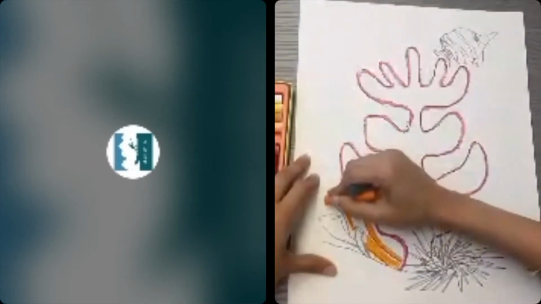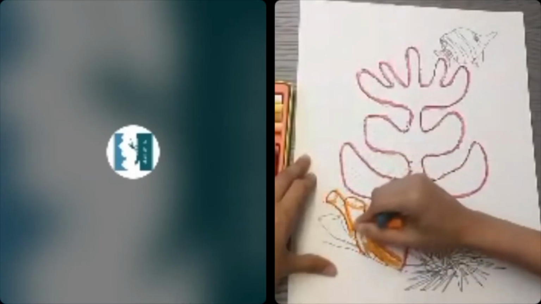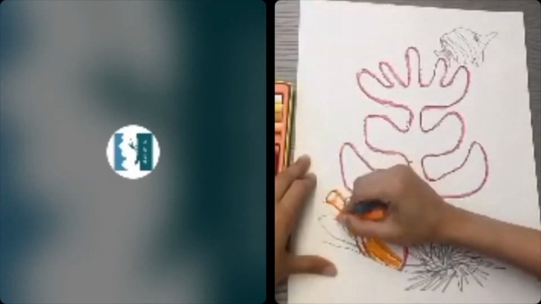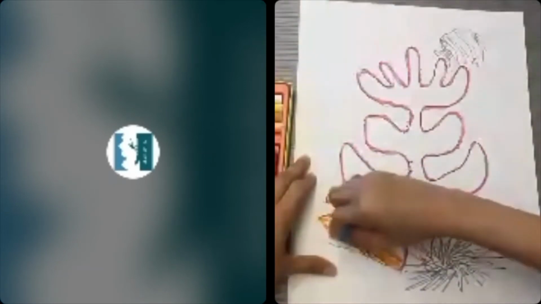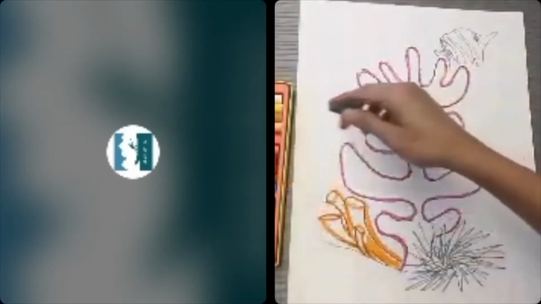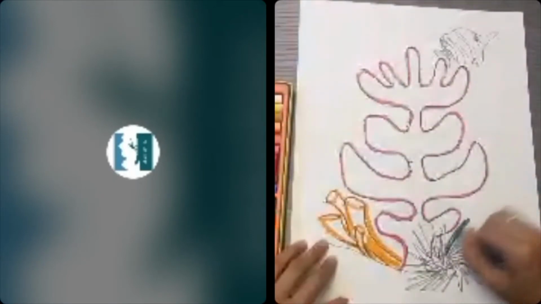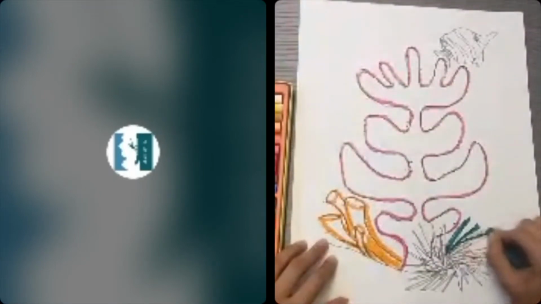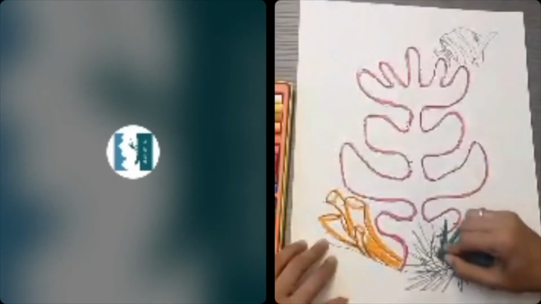Like I said, we'll avoid blue, we'll avoid black and white. Just tracing that out with orange and a dark green. A dark green or dark blue would be nice to make these sea urchin spines stand out.